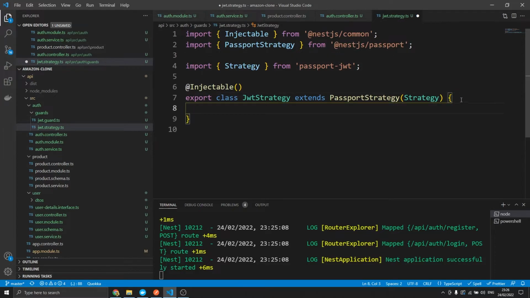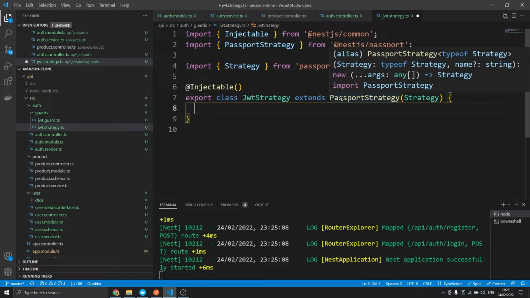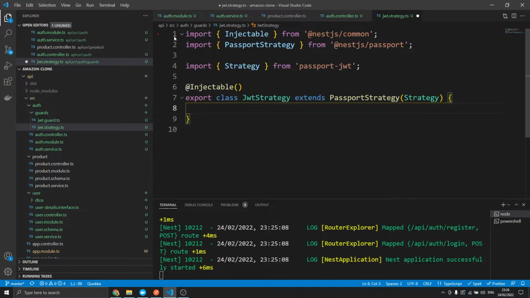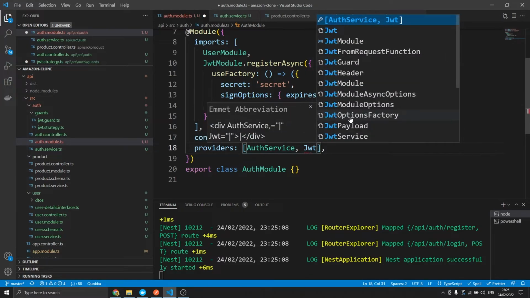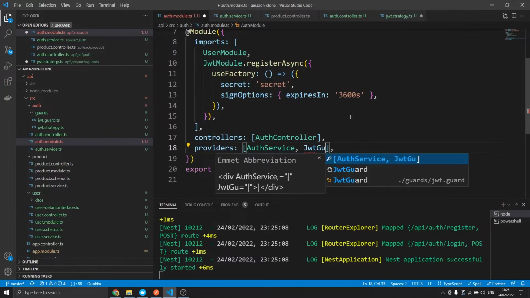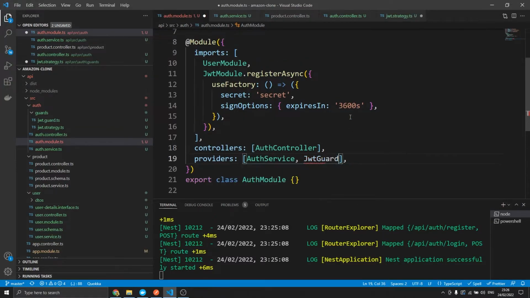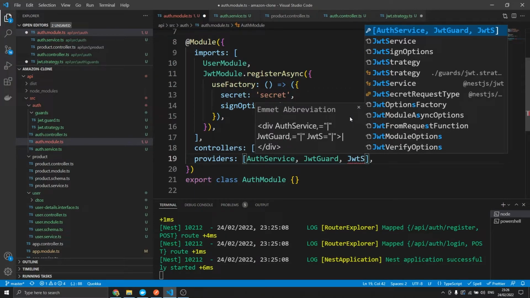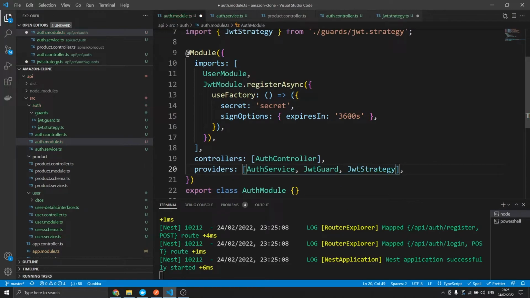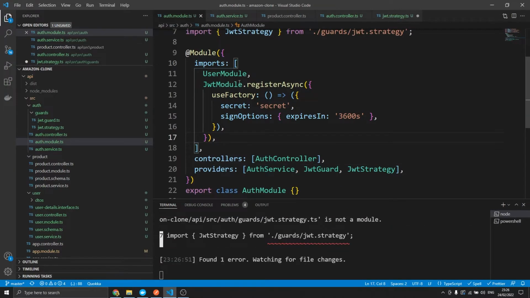So, okay. I should probably go to the auth module. And in the auth module, I just need to say that in addition to the auth service providers, because these guards and strategies are services, we can use them here in the providers. So we got the JWT guard, import that, and the JWT strategy. And the good thing is, when we import this, because we've got this JWT module,